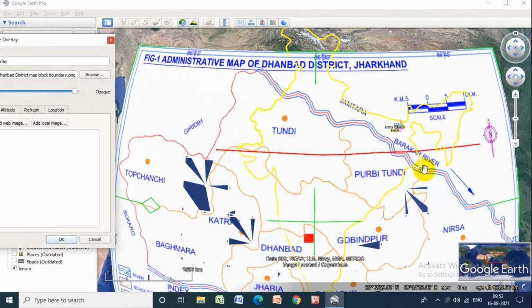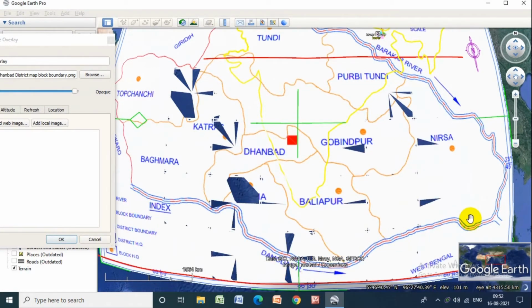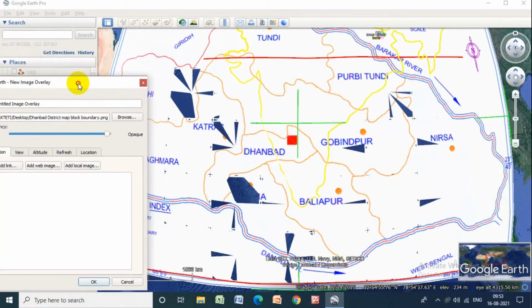This is the Barakar River and this is the Damodar River. These two rivers help us to superimpose this block boundary or district boundary on Google Earth Pro software.